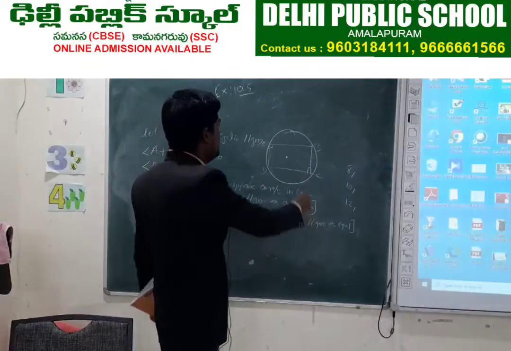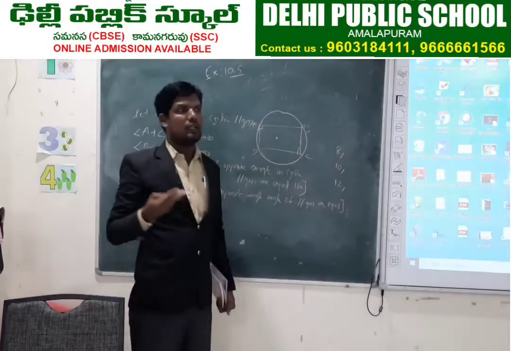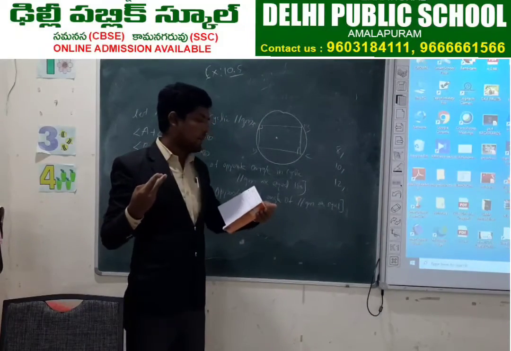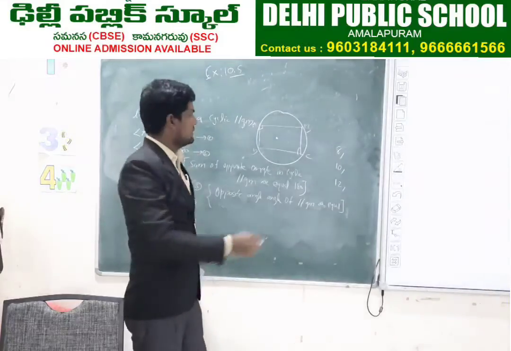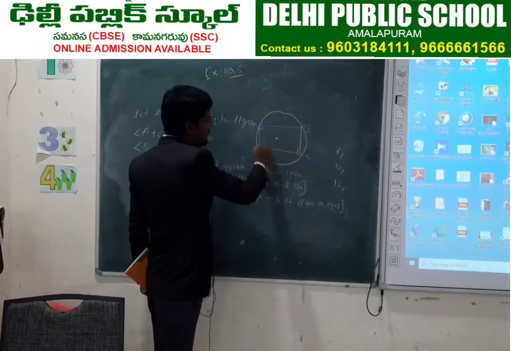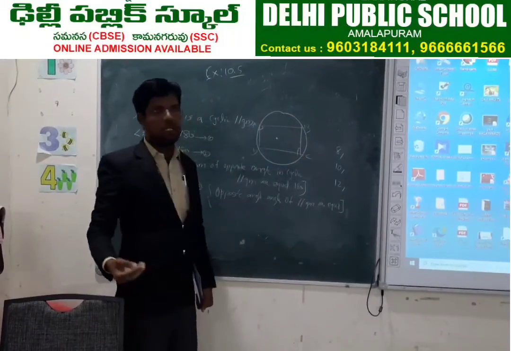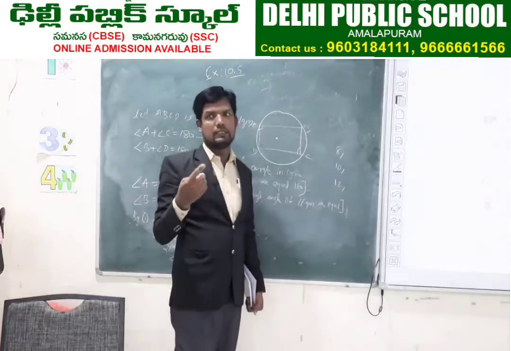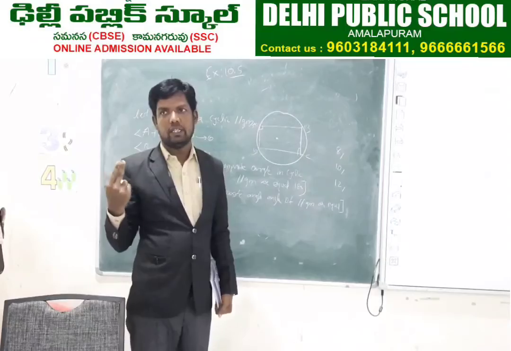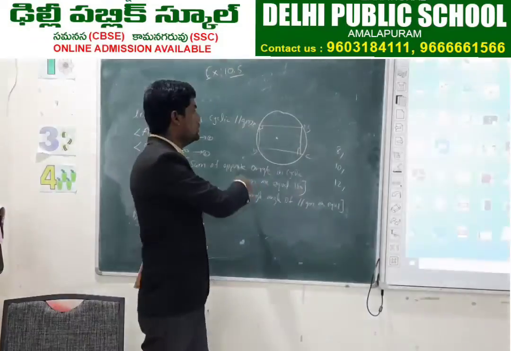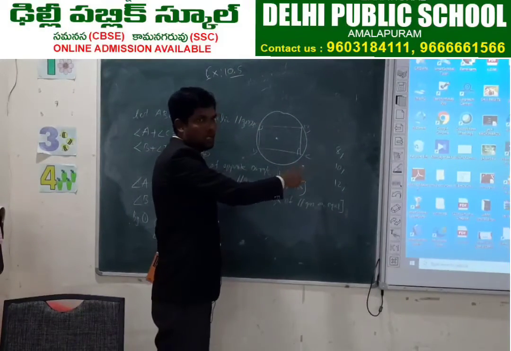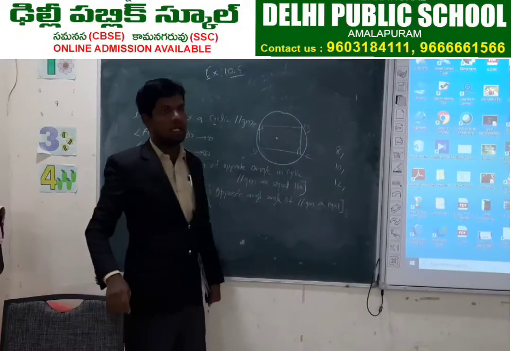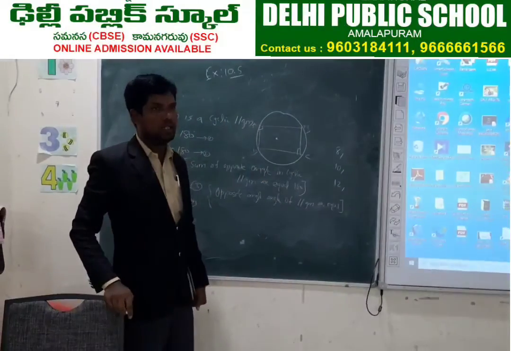So in the 12th question, in a circle, the question they have given, we have to prove: prove that a cyclic parallelogram is a rectangle. This is a cyclic parallelogram. We have to prove that one as a rectangle. In a cyclic parallelogram, opposite angles, angle A plus angle C is equal to 180 degrees, angle B plus angle D is equal to 180 degrees. Based on that, we have to get the values of angle A, angle C, angle B and angle D. It should be 90 degrees.